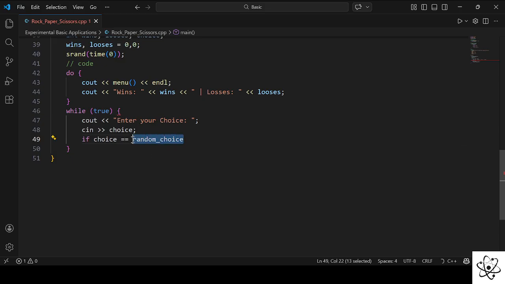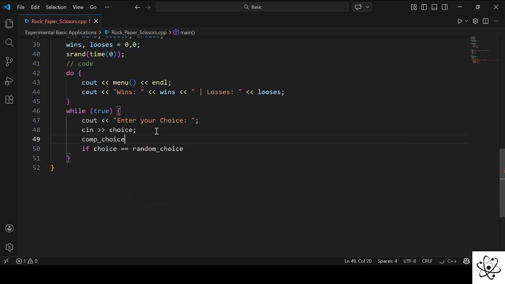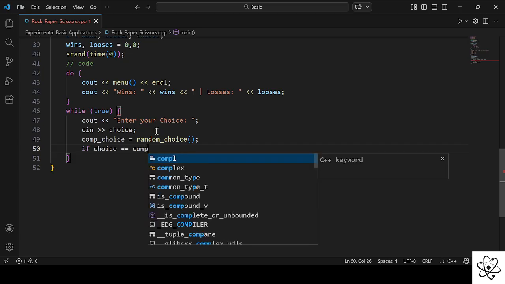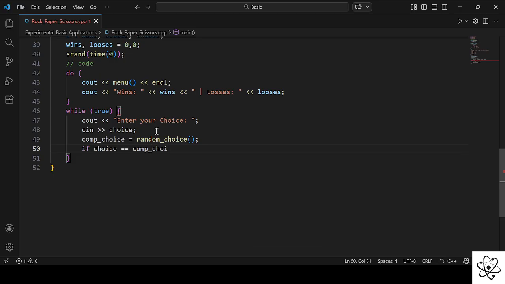Maybe we need to store this random choice in some variable every time. So to do that, we will say computer choice is equal to random choice, and then call this function here, put a semicolon. Now what this will do is retain the functionality. If there is something like this, return,